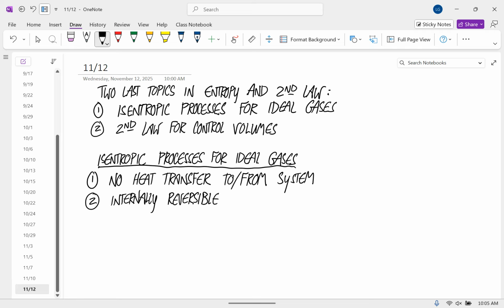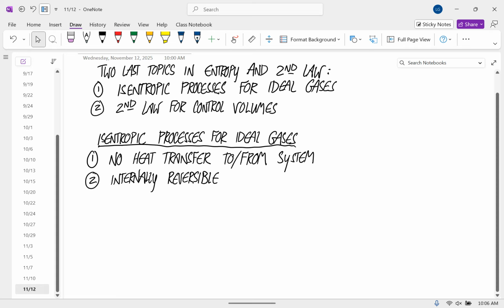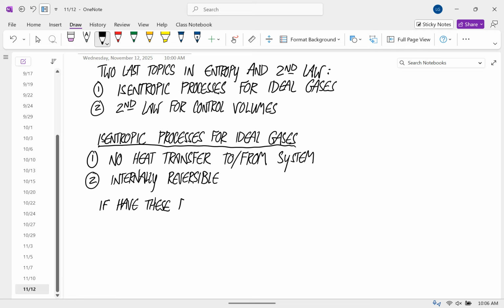Anyone remember what internally reversible means? So inside the boundary, there are none of those things that I listed as irreversibilities. There's no friction, no uncontrolled expansion of a gas. There's 7 or something of those. So if you have these two things for an ideal gas, then